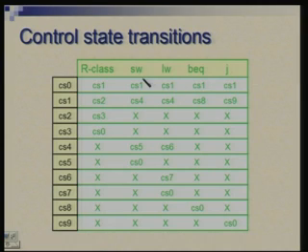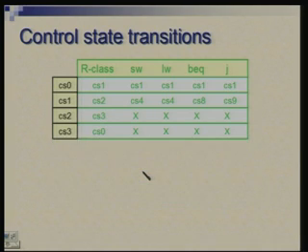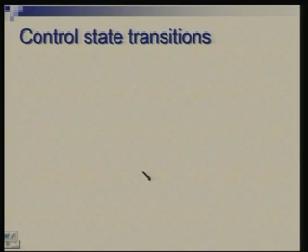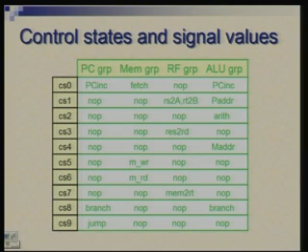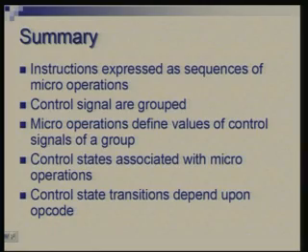So, if you implement these two tables, the table shown here and the table shown in the previous slide, you can use 2 PLAs to implement this. These 2 PLAs plus one 4 bit register holding the control state will form the controller. Okay. I will draw that picture next time and look at some alternatives. So, today we will stop at this.